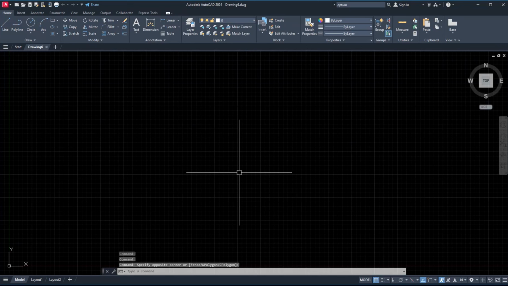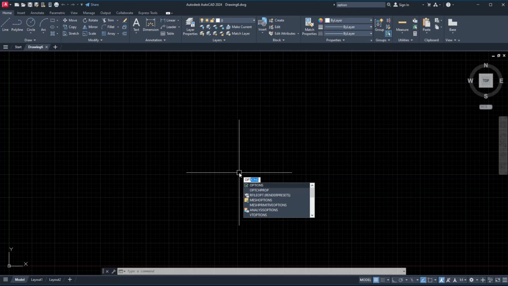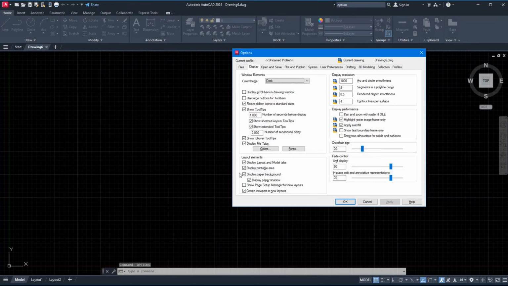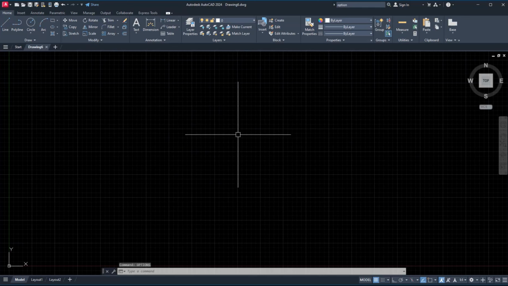Now here, type in OPT. It will show the full word options. Press enter. Here you can see the crosshair size is 20. It means this crosshair is not